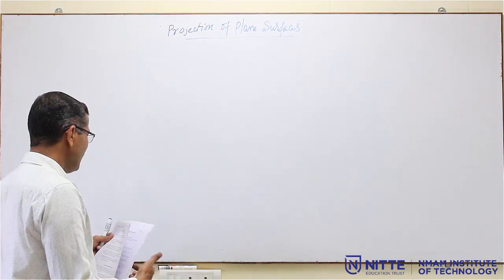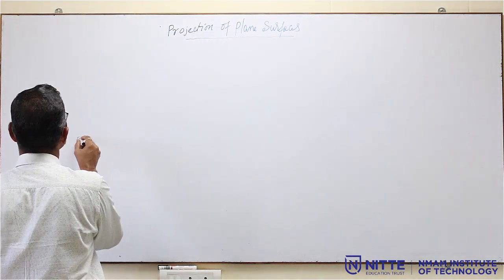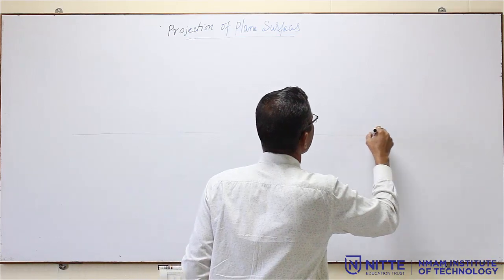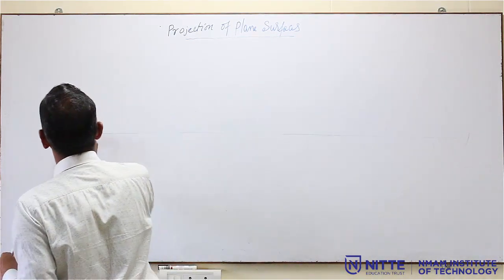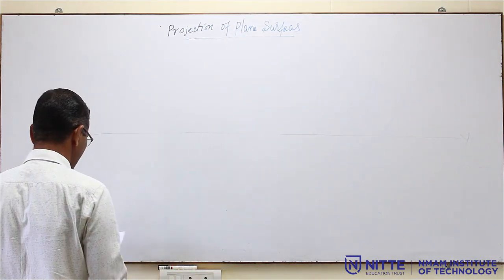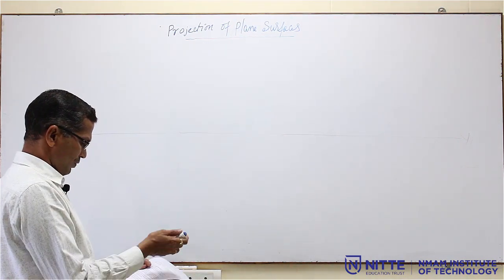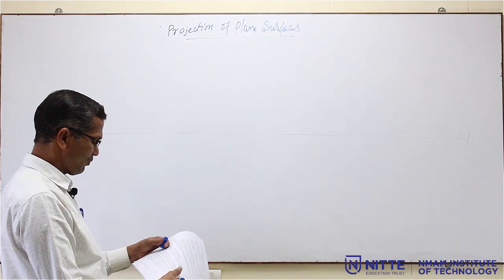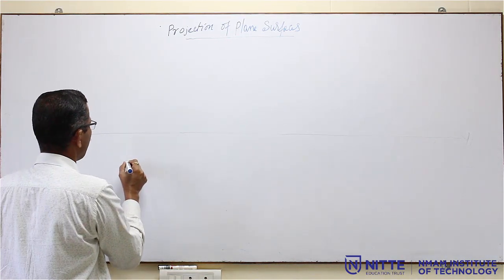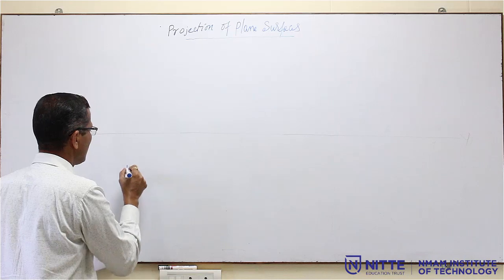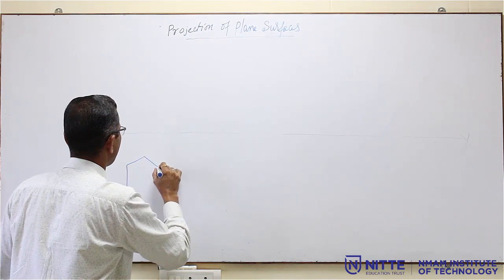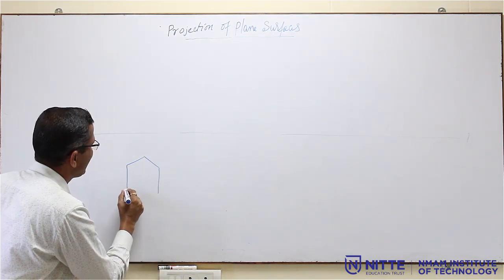So, first you draw the XY line, then construct the hexagon for the edge condition, because one of the side touches both the reference plane. You have to write the hexagon for the edge condition,